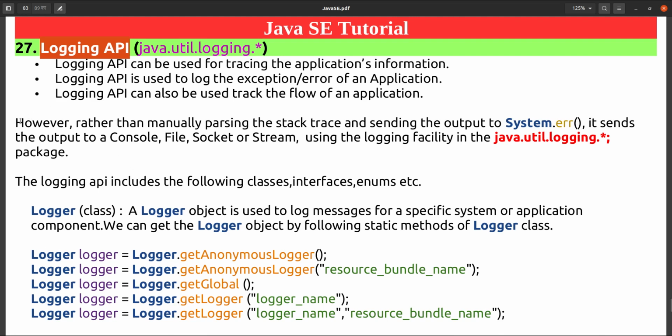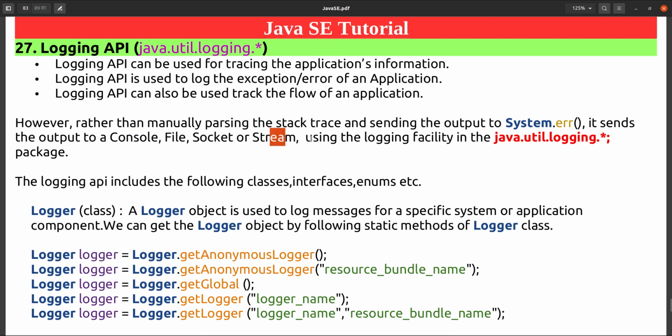Rather than manually parsing the stack trace and sending the output to System.err, send the output to a console, file, socket or stream.